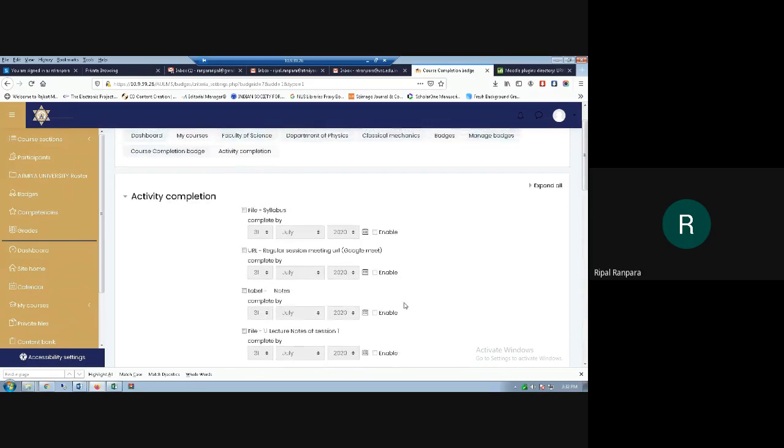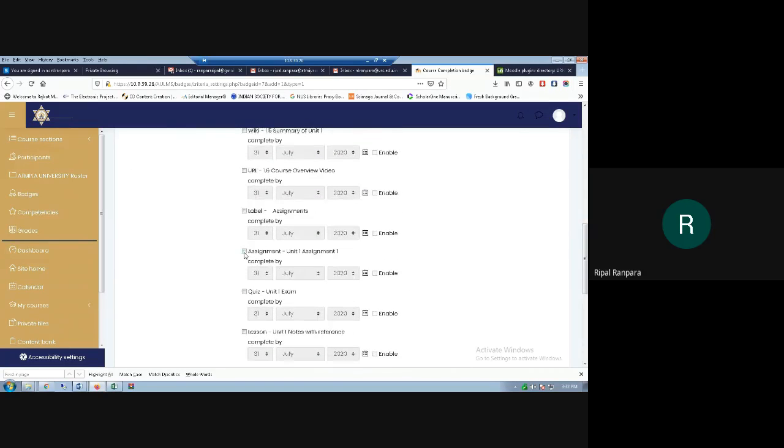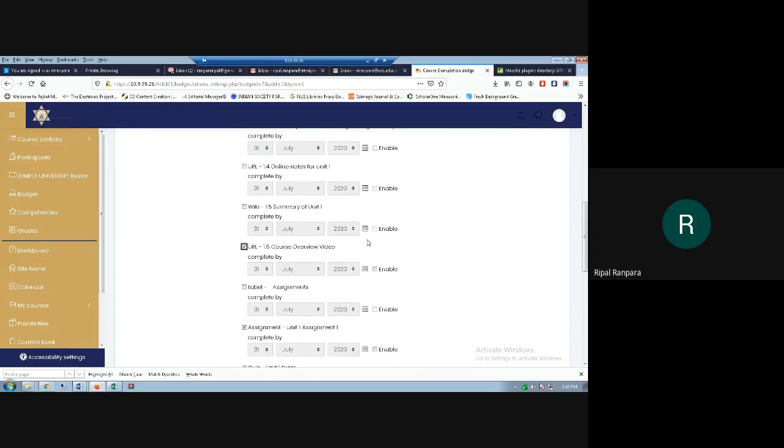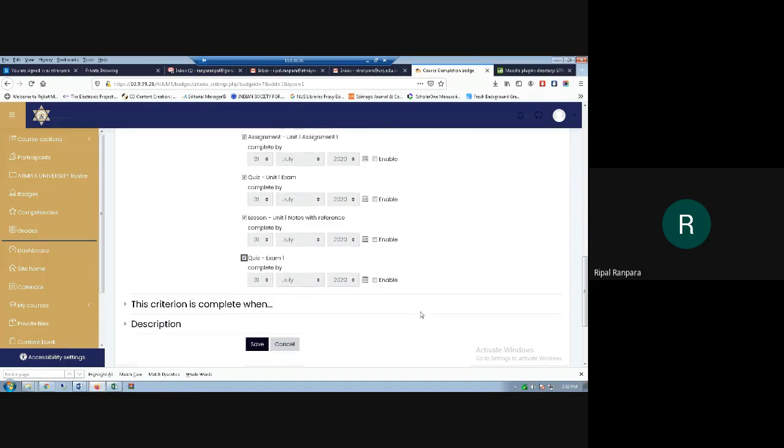So let me say, when the students complete the exam and the assignment, like attempt quiz, lesson notes 1, or if he or she visits the URL or any activity, you can also issue the badge. When the students complete any of these, the badge gets issued.